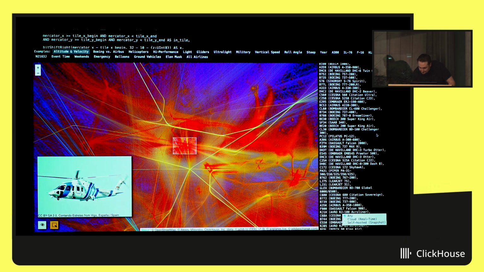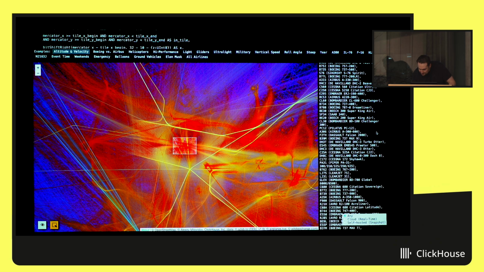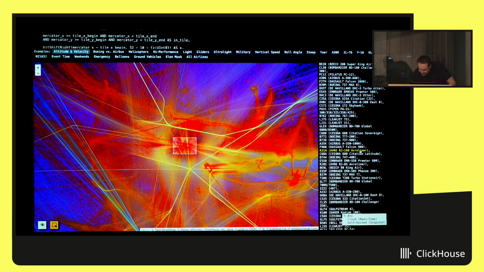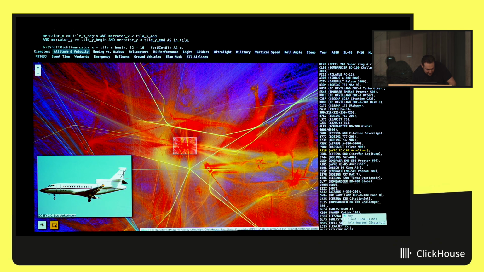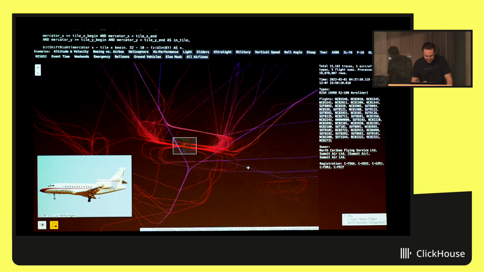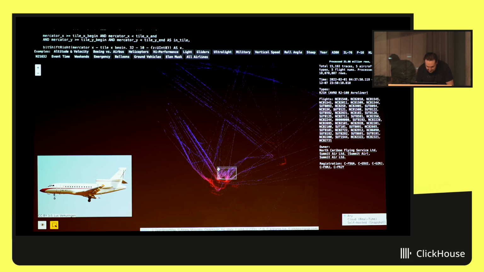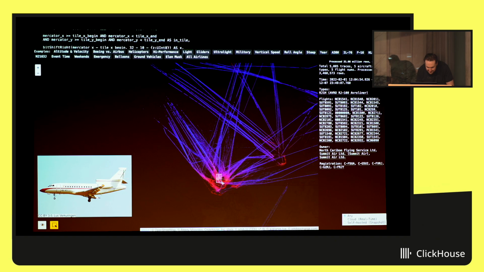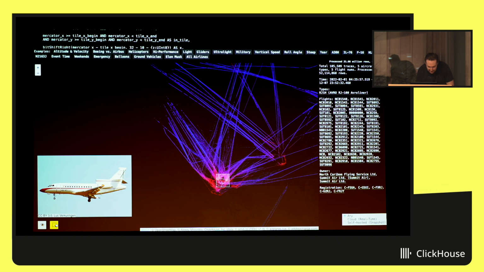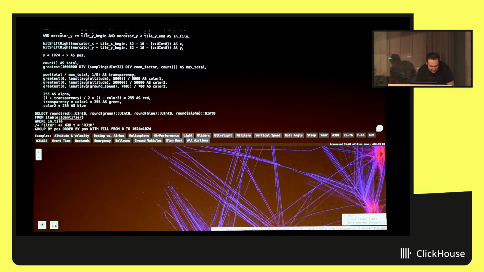Let's select something unusual. Like this is quite rare. And now we filter this data by selecting only this particular airplane. Let's take a look at how the query changed. The query changed here. So here is the filter. OK.